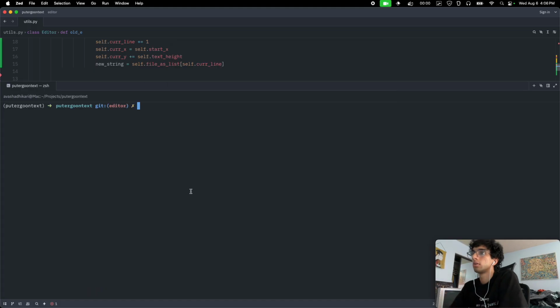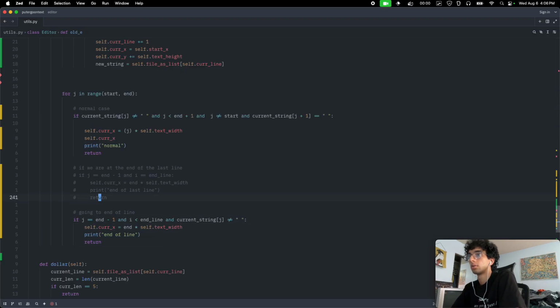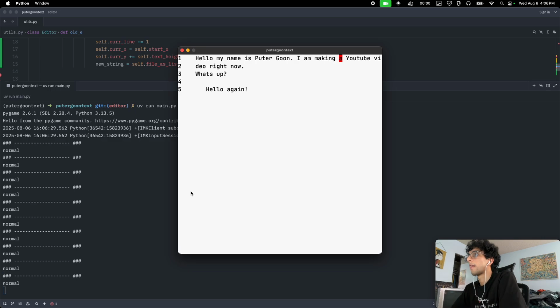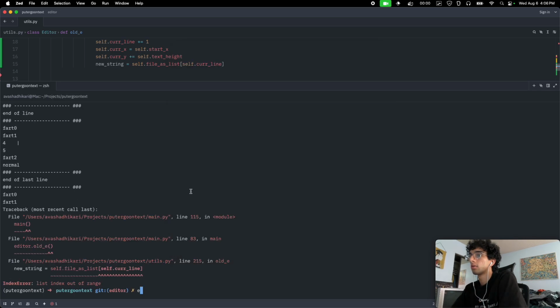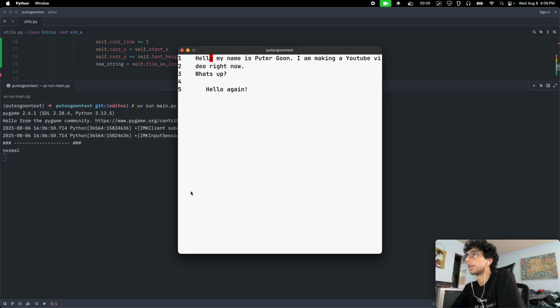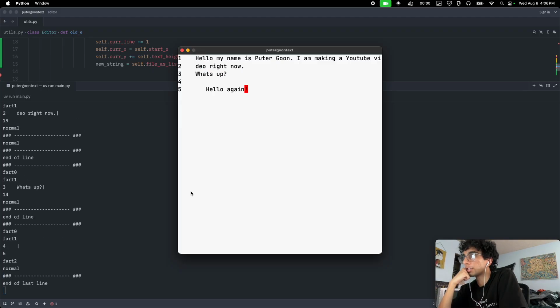Alright, so could that be why? Okay, that is why. So we weren't returning out of that. Now it is saying we're out of range of an index, which means that end of last line. So here,